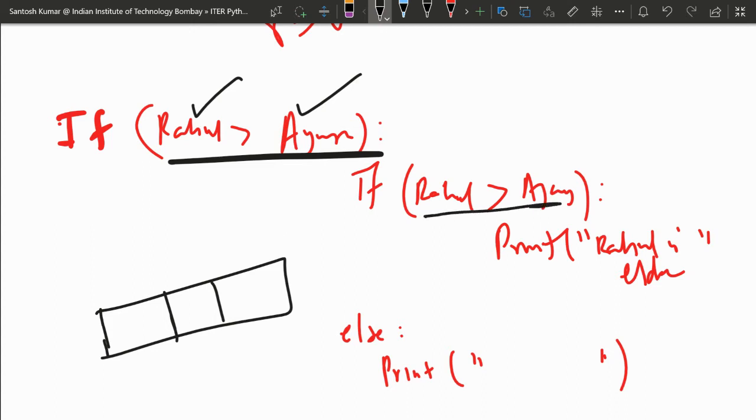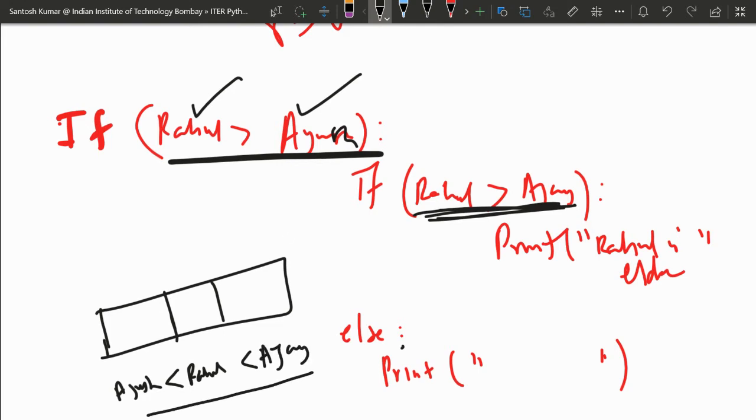And in the else part, Rahul will have less age than Ajay. So what do you think? Who is the elder: Ayush, Rahul or Ajay?